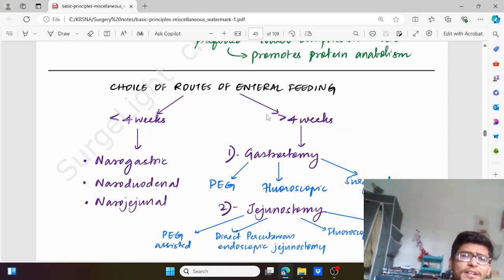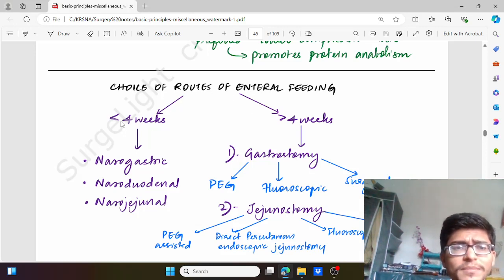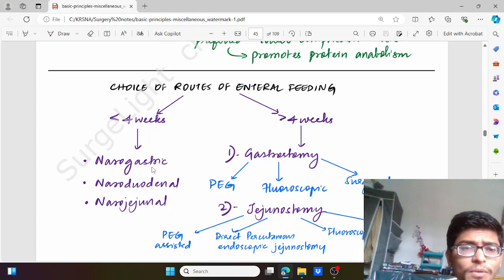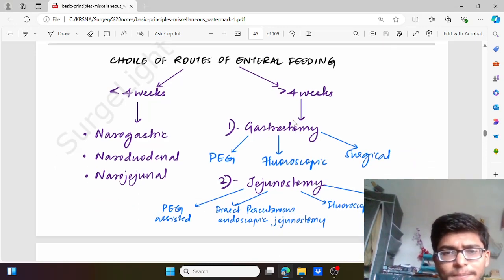So choice of enteral feeding: if it is for short term, less than 4 weeks, then we have nasogastric, nasoduodenal, nasojejunal feeding via NG tubes, and among these it is further divided. If the gastric emptying is okay, then we go for the nasogastric method. If there is some gastric outlet obstruction or gastroparesis, then we go for nasoduodenal or nasojejunal. Similarly, in more than 4 weeks,